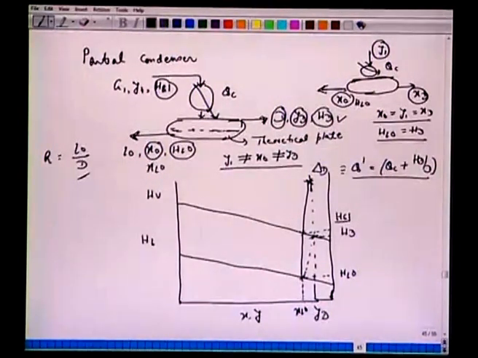And on the first tie line, we must make a note that this is a theoretical plate, so we will call it C. Notice the difference between the total condenser and the partial condenser. The first stage which we have marked on this HXY diagram represents the condenser. It is acting as a theoretical plate, it is a partial condenser. In a total condenser we did not have this situation.